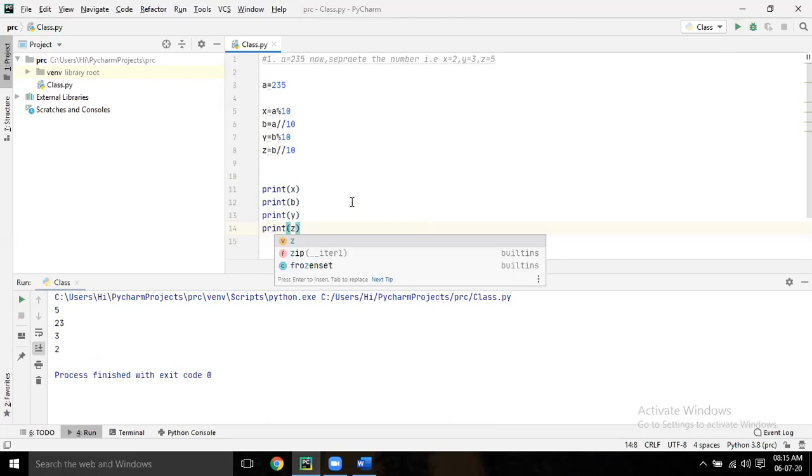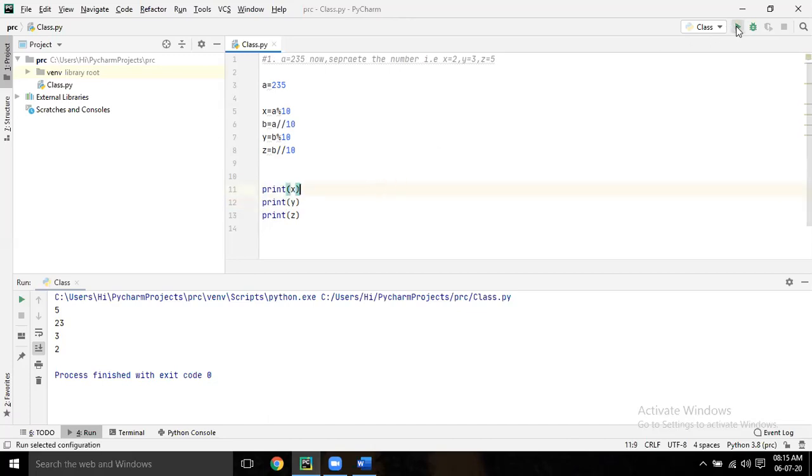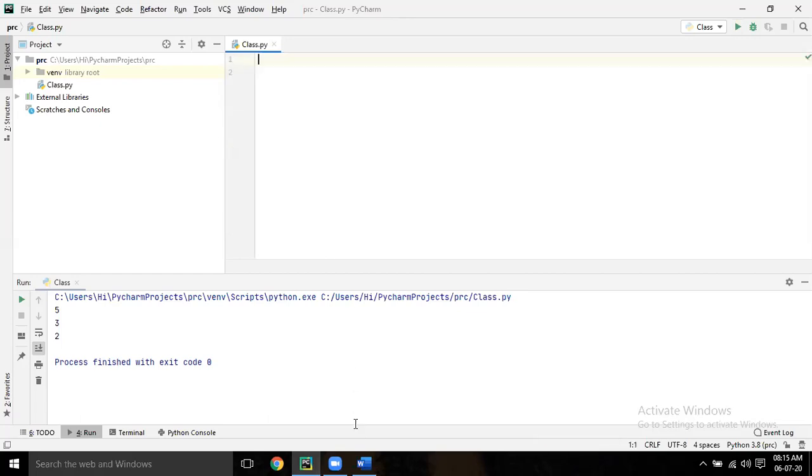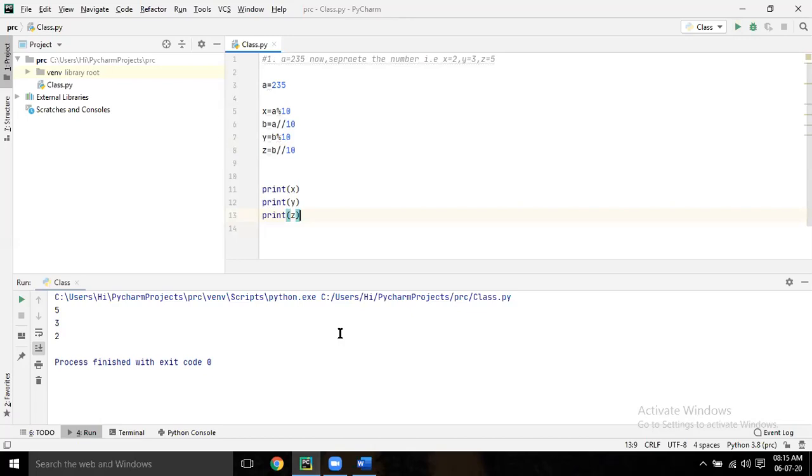Got it? Now you can comment out or remove the b line. That's it, it's simple logic. Here only the arithmetic operators are used: modulus and floor division. Clear, all? Yes, sir. Perfect. Save it.